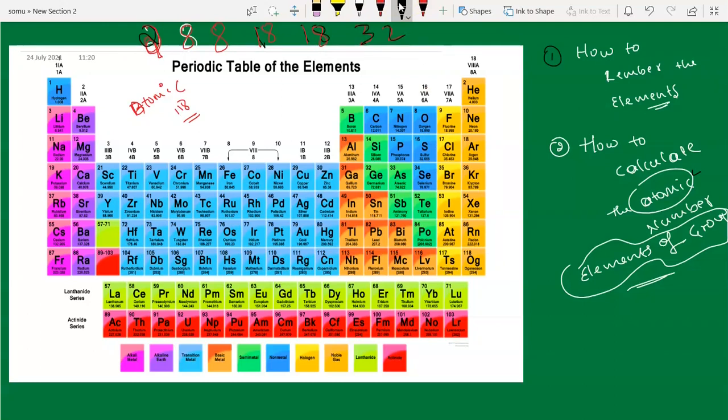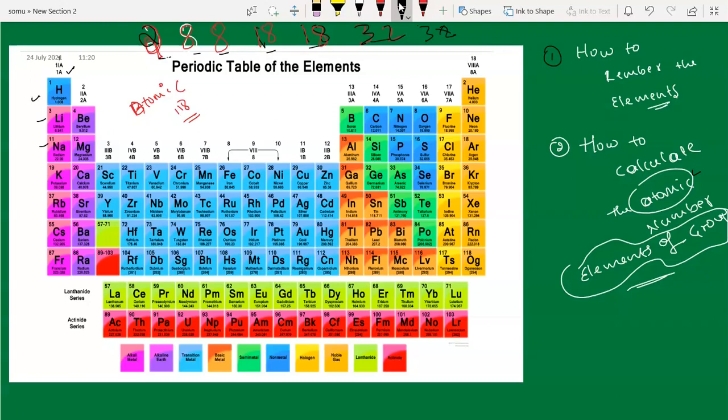2, 8, 8, 18, 18, 32. If you remember this code, you can calculate the atomic number of every element. If you know the group 1 elements in order, you can find out their atomic numbers.